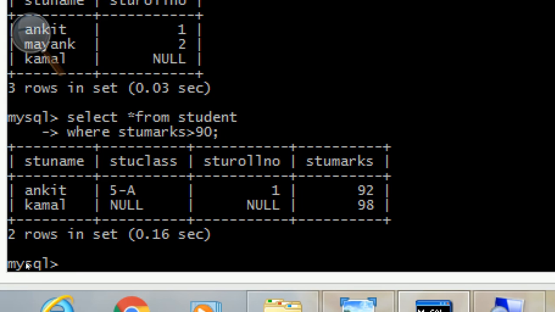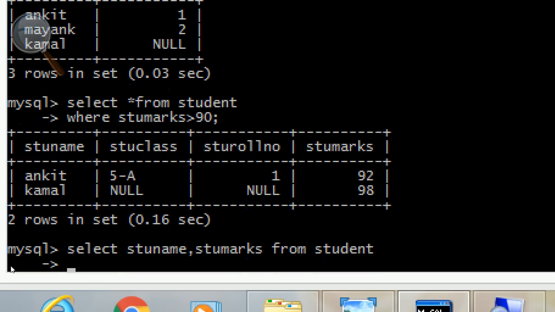Then we can select particular columns as well as a condition, particular rows. So we can write select column. Suppose we want STU name, comma, STU marks. Then we write from the table name student. Then we press enter key.